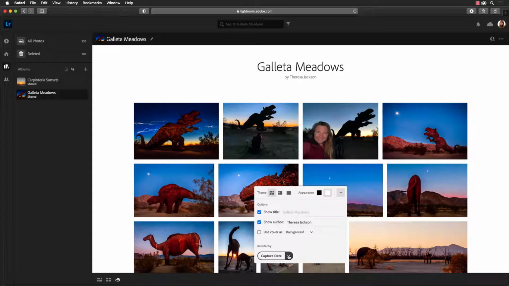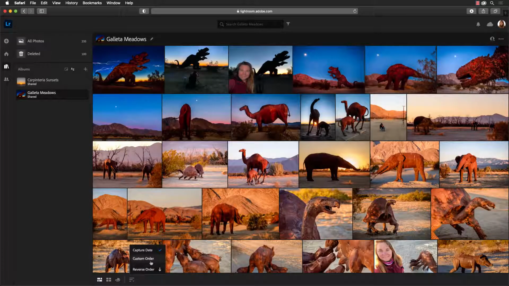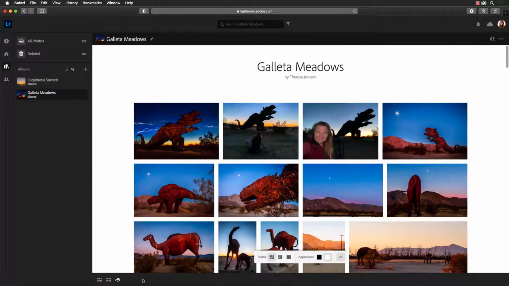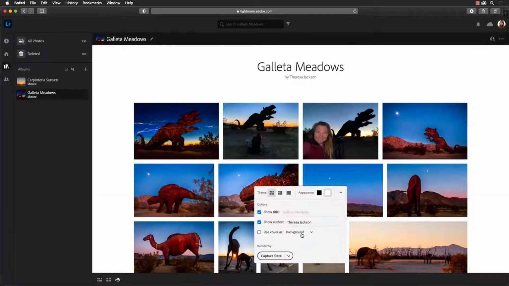We see that this is sorted by the capture date. This is really odd because it doesn't give us a custom order here. So it gets really confusing. If we switch back out to here, we have a custom order. Let's see if we do that. And then we come in here. It's still in the capture date. So this is what I was saying. It gets really clunky. But you can drag and drop them to rearrange them when you're in this view here